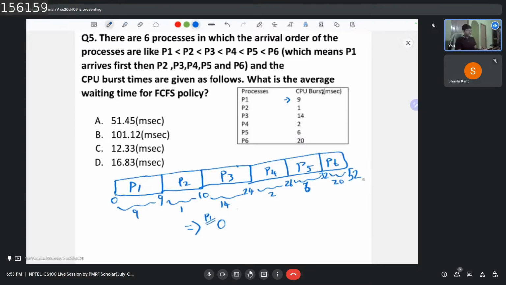So P1 is 0, and for P2 you wait for 9 milliseconds, because P1 has to finish execution and then P2 gets scheduled onto the CPU. And for P3, only once P1 and P2 get executed, you schedule P3 for execution on the CPU. So P3 waits for 10 milliseconds,